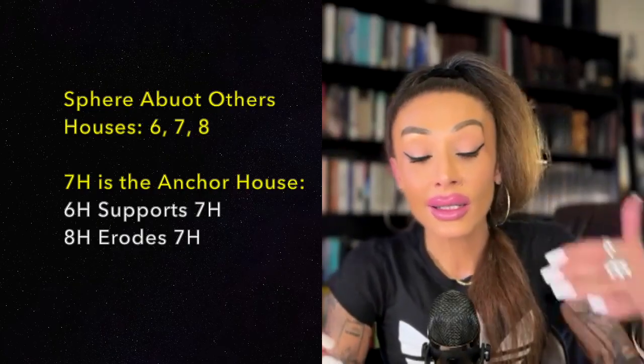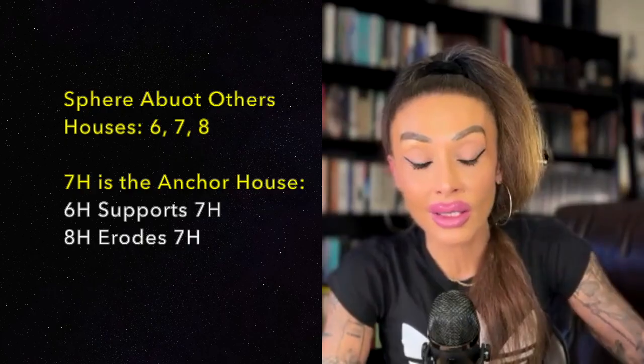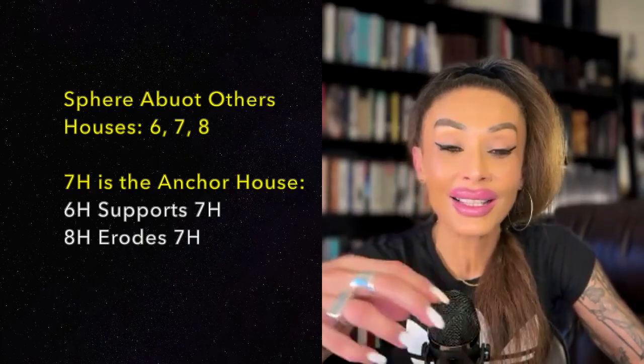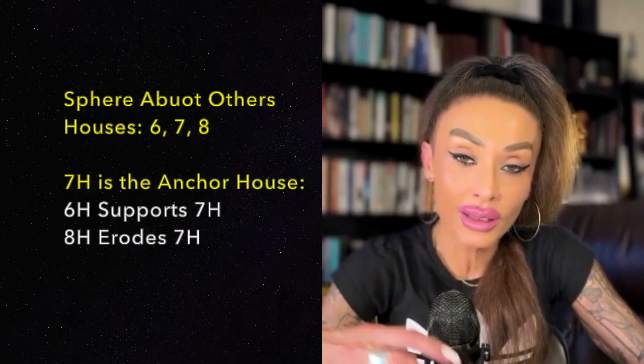And the house that is below the seventh house and supports the seventh house is the sixth house. And the house that is negating, deducing, eroding the significations of the seventh house is the eighth house. So when you think about the sixth house, I've said this in other videos, from houses 1 to 5, it's